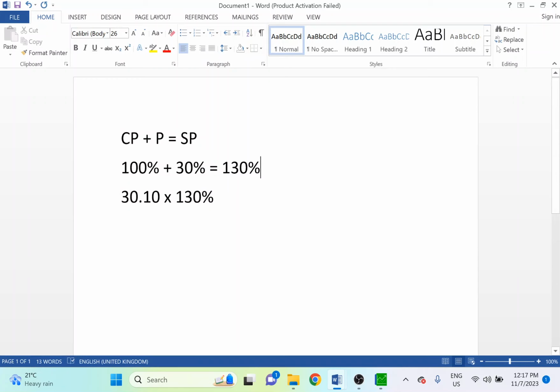We're looking for selling price, so we're going to multiply by 130. What's given? We have cost price of 30 rand 10 cents, which is 100%. That's why we're going to use percentage, or you can divide by 100. Either way you prefer to do the calculation. Now when doing this calculation, you're supposed to get